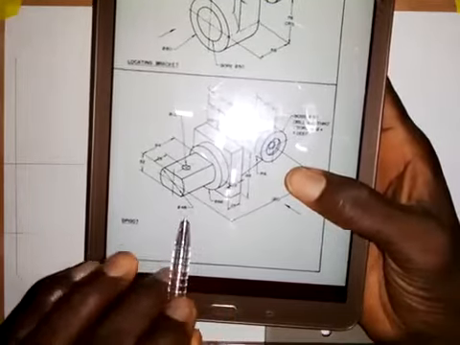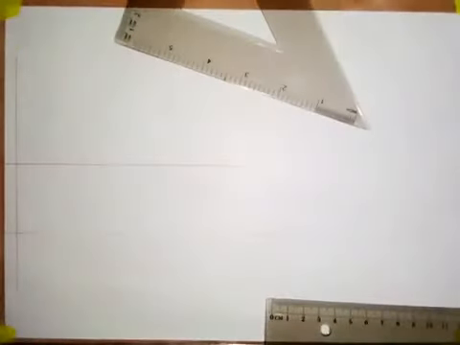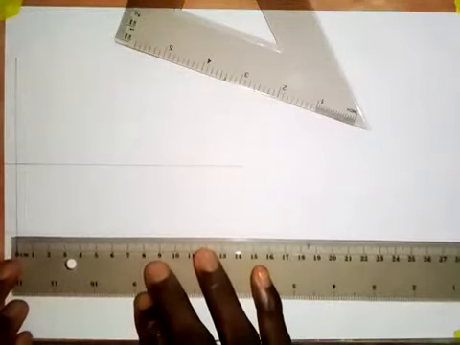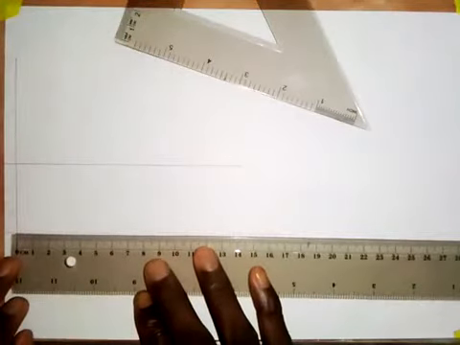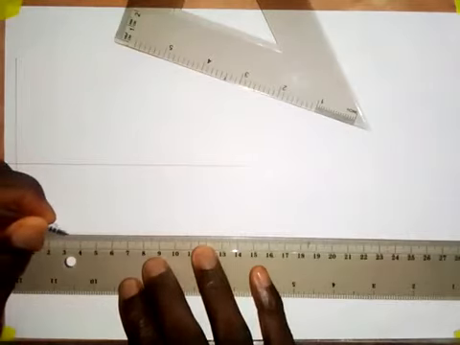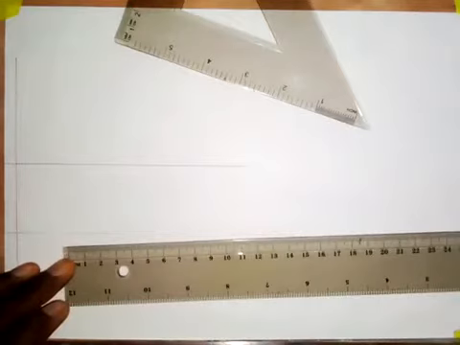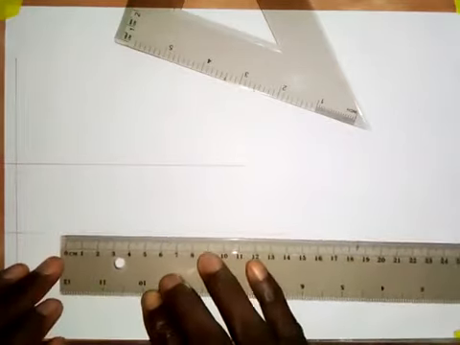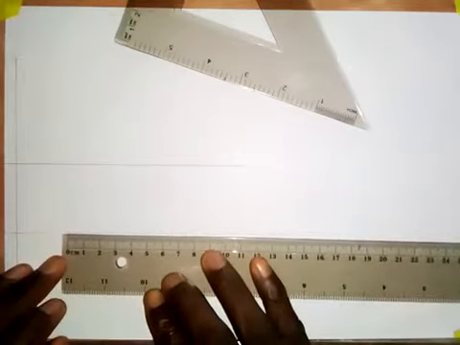So let's see how we are going to do this. By the time I divide 64 by 2, that will give me 32. So I'll just take a measurement of 32 on this center line. So this is 32 millimeters. Then for the cylindrical part, the thickness is 12. So 12 by 2, that will give me 6. So I'll just take a measurement